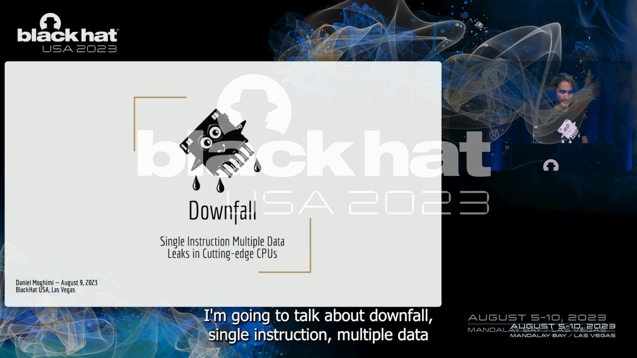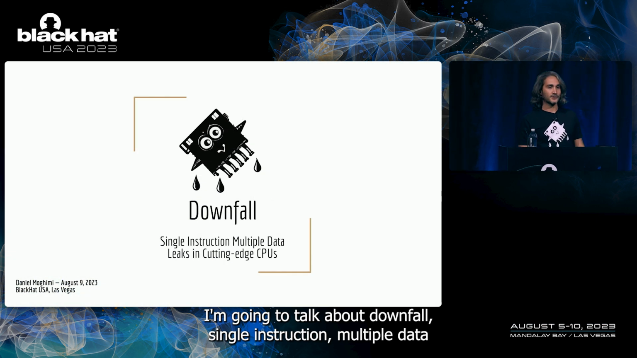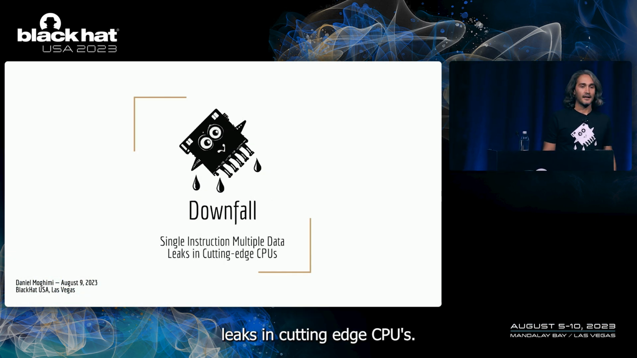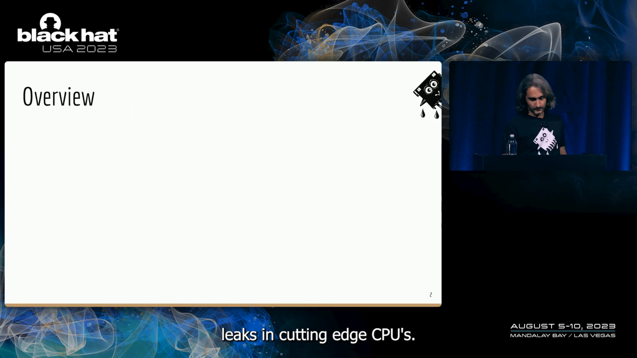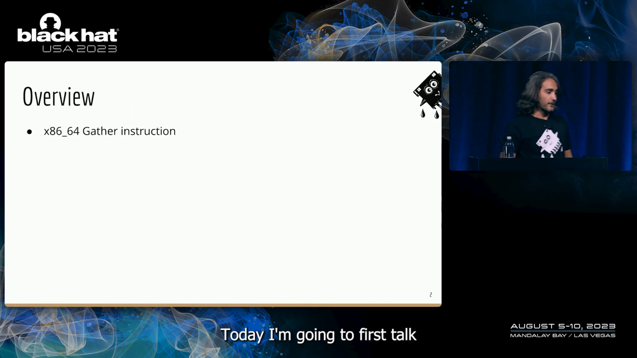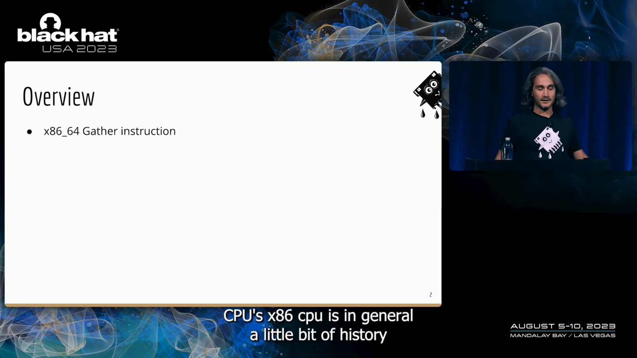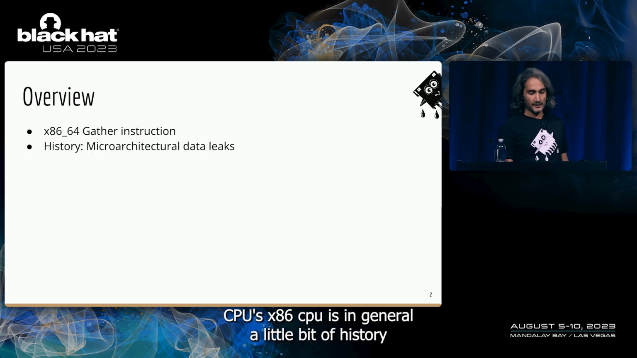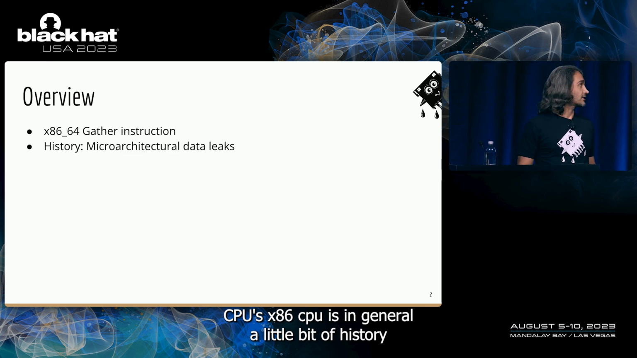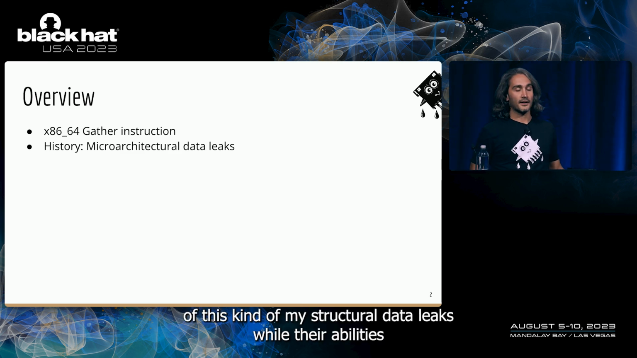Today I'm going to talk about Downfall, single instruction, multiple data leaks in cutting-edge CPUs. I'm going to first talk about the gather instruction. It's an instruction in Intel CPUs, x86 CPUs in general, and a little bit of history of this kind of microarchitectural data